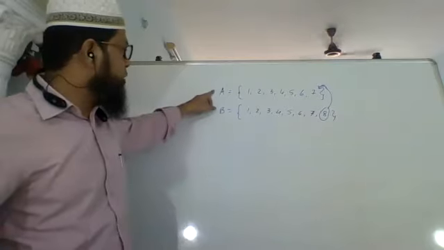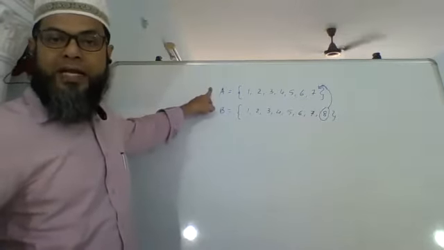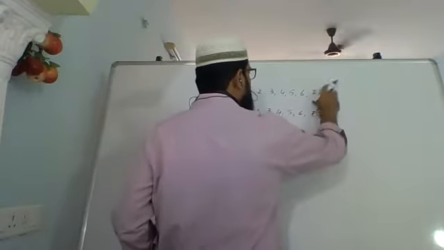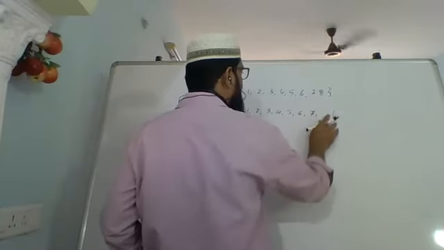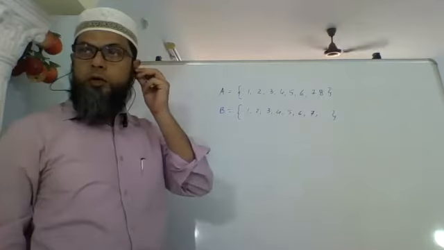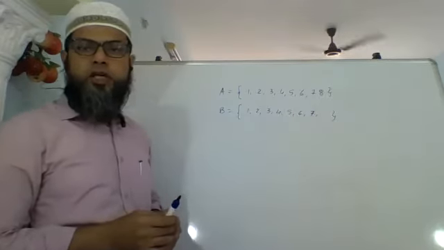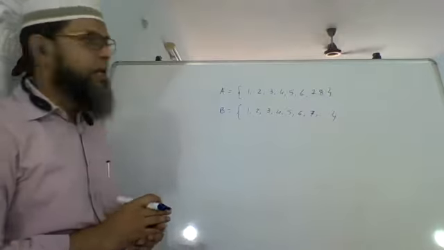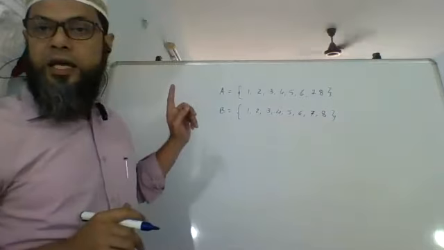Doesn't work. All elements of A are there in B, but are all elements of B there in A? No. If that is the case, then the sets are not equal. The other way around also is not possible. Okay, all elements of B are there in A, but all elements of A are not there in B. Supposing this was the case, even that is not possible, because as we said, every element from A has to be there in B and all from B has to be there in A. It is only possible if this was the case, only then the two sets are equal.